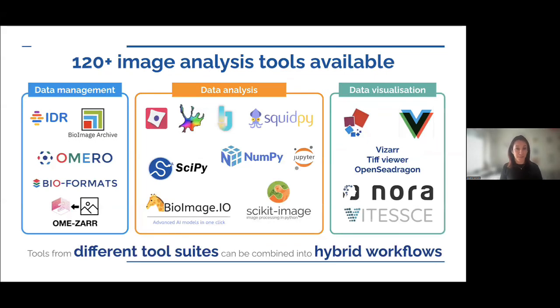In terms of tools, there are plenty of things. You could see many logos here that you may recognize. And these are classified on data in and out, data management, data conversion. There are plenty of image processing, image analysis, and then also the visualization. And again, this is all on your browser, so you don't need to get out of this or install anything special for this. That's all in the browser.